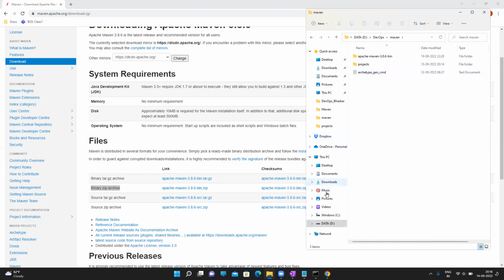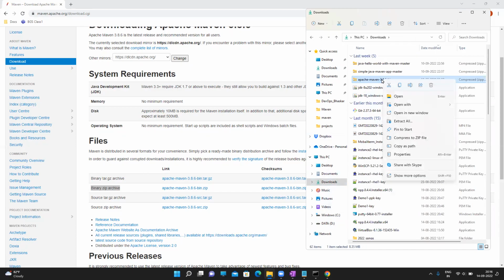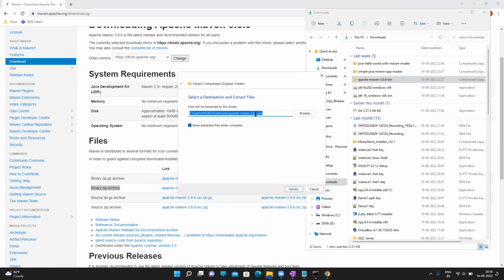Okay, it must be in my downloads. So once you download it, just right click on that. Yeah, Apache Maven here. This is the zip file actually. If you right click and extract all, specify the location wherever you want. I have selected some D: drive or whatever it is. So once you extract this,